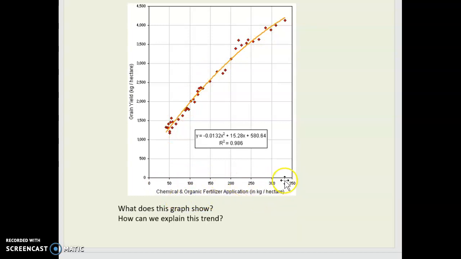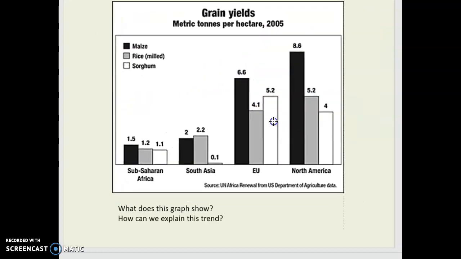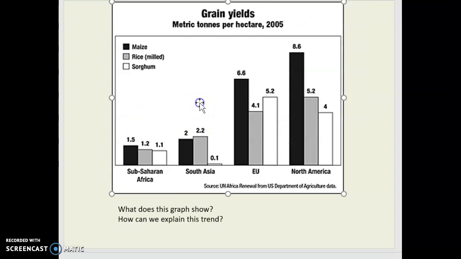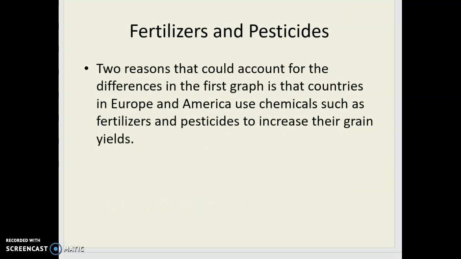So the more fertilizer that gets applied, the bigger the yield. So you're getting more crops from the same amount of land. So whether there's a difference in those two graphs, you can see here, they may have put more fertilizers on. And by fertilizer, I don't mean like fertilizing the flowers. It's fertilizer in terms of putting stuff into the soil to make it more fertile, so it can produce more crops. So, like we said, the differences between Europe and America are the use of such chemicals as fertilizers and pesticides to increase the